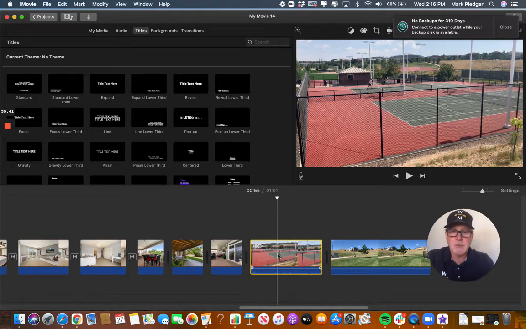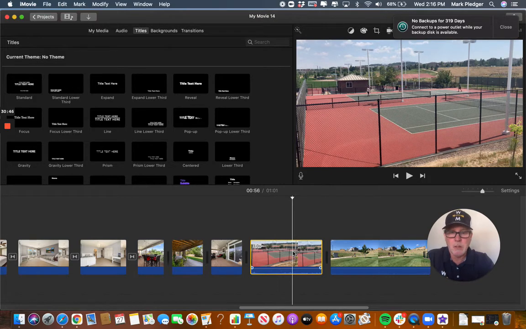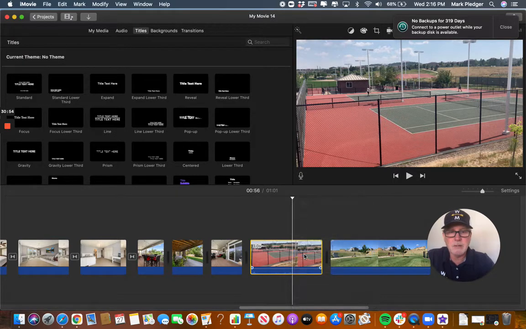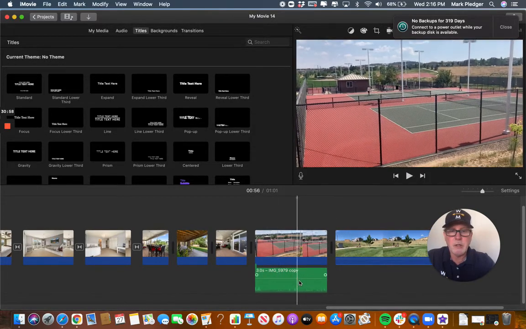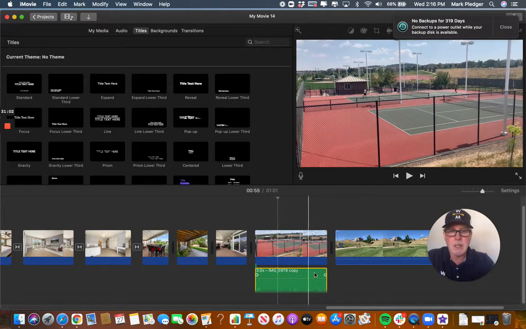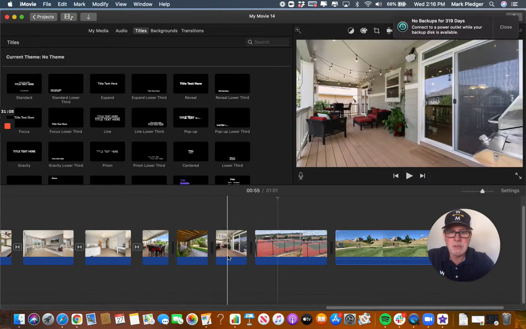To get rid of the noise, the wind, you're going to just take 2 fingers and press down on your bar. And you can see it says detach audio. So now there's my audio down here. I'm going to click on that. See, it's highlighted in yellow. I'm going to hit the delete button. Awesome. So you can see when I go back,